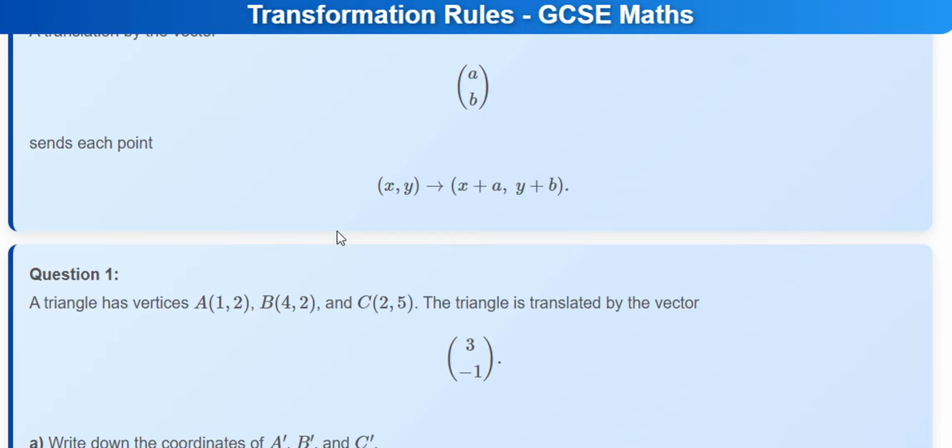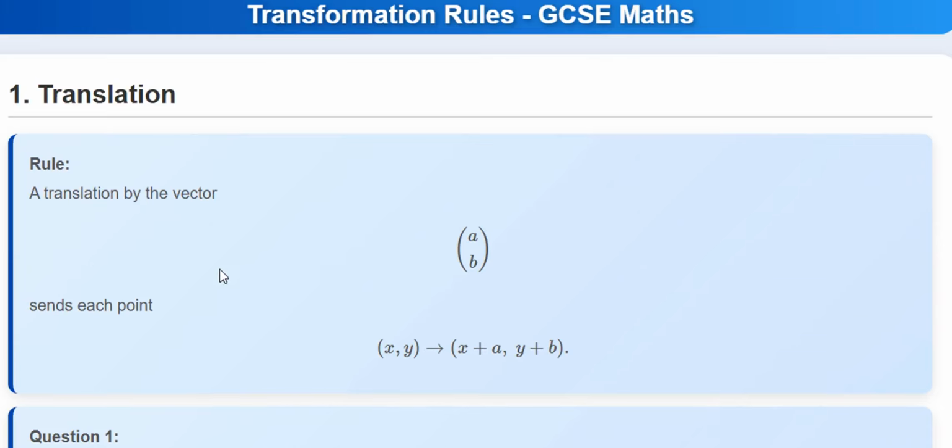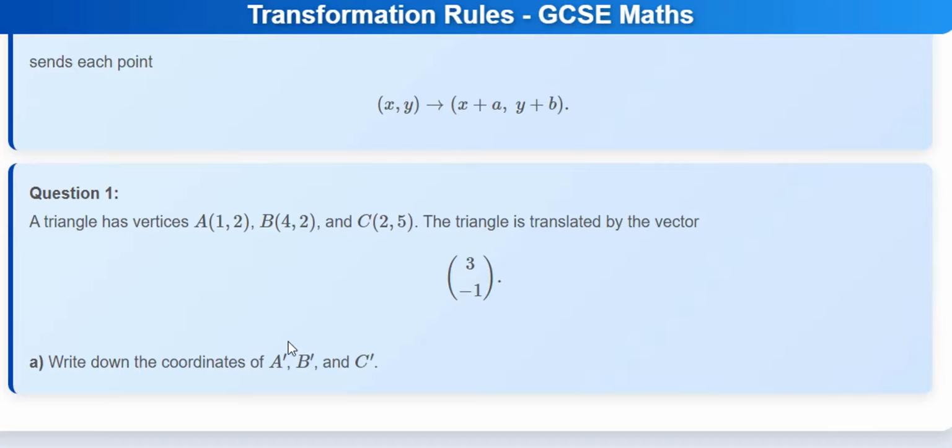And then the y coordinates, this one's 2, 2, and 5, will be sent to y plus b, where b is the second value of that translation vector, and in our case is negative 1. So can we try this question, applying this rule, and write the coordinates of the new